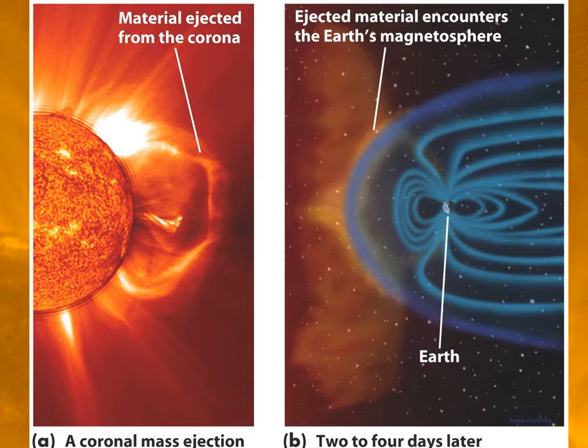So what happens to a coronal mass ejection once it leaves the sun? It continues going across the solar system until eventually it runs into something. It spreads out as it goes, and so by the time it reaches Earth, it's a little more dissipated, but it reaches Earth, and Earth is protected by its magnetic field. So we have the magnetosphere, which is the region of space around Earth that's dominated by Earth's magnetic field.